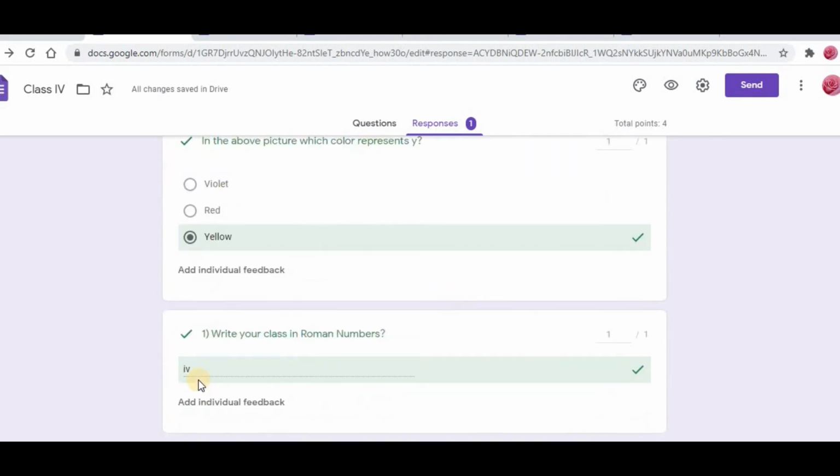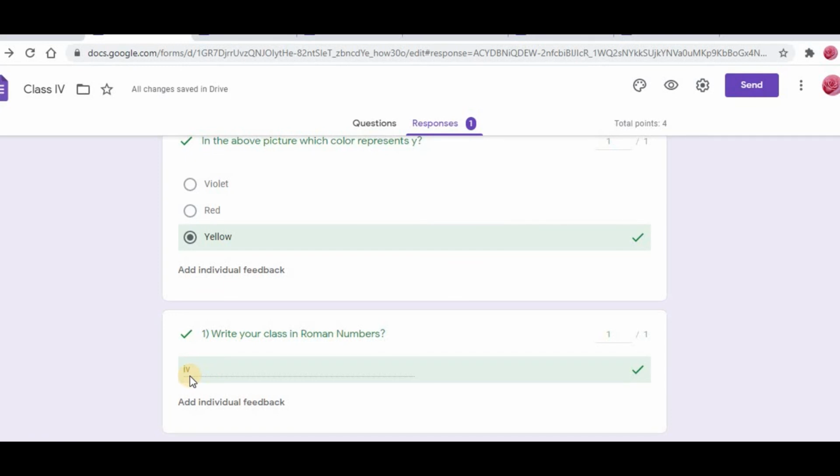See here, the best example for that is here. I just wrote capital I, capital V, or small i, small v. If I do not write small i, small v, what will happen? The computer will not accept this answer, and automatically it shows wrong answer for the students. So that is the reason, sometimes students will not remember to type in capital letters. So in such cases this is going to be possible.